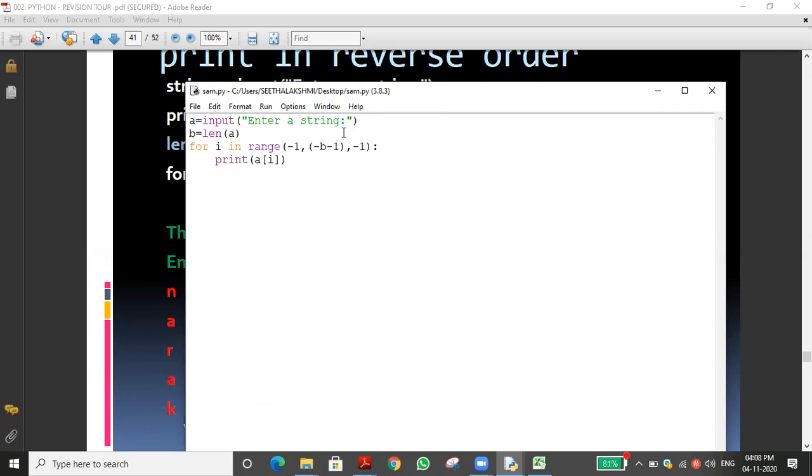For i in range of -1, why are we giving -1? Because that is the lower limit if you want to print in the reverse side. That's what I'm clearly saying. If you want to print in reverse, we have to give -1. For the positive side, generally as we did for i in a, that is enough. But if you want to particularly print in reverse, only in that case we have to use -1,